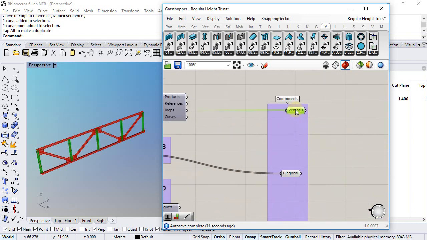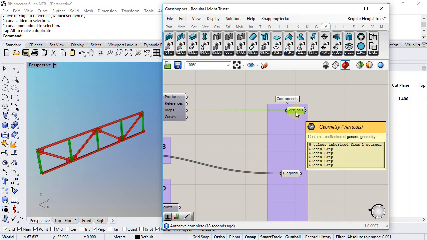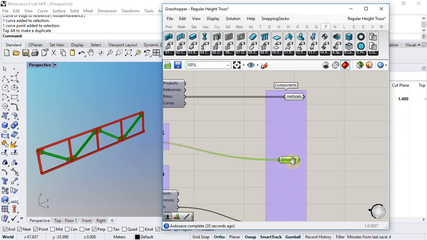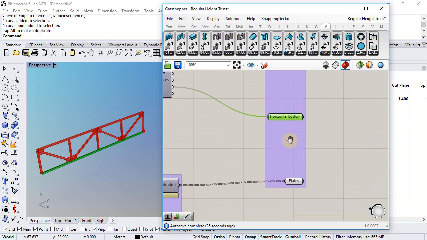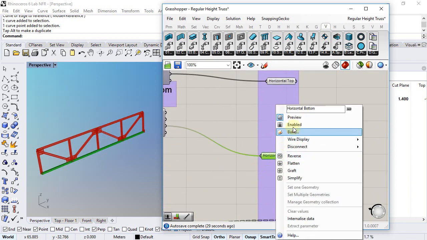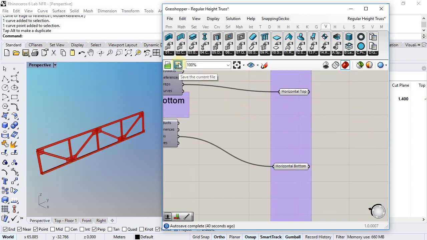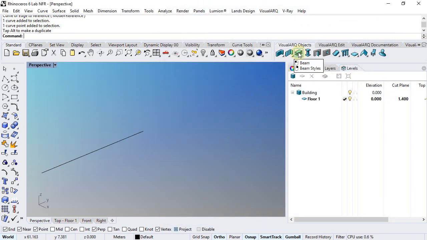I get different geometric components that collect the different parts of this truss system. So I have one geometric component for the vertical beams, another for the diagonals, another one for the top and bottom beams, and finally others for these plates. It's important that I name these components accordingly in order to later on identify them when I generate a beam style from this definition. So we'll save now the definition, we'll close Grasshopper, and we'll open the beam styles dialog